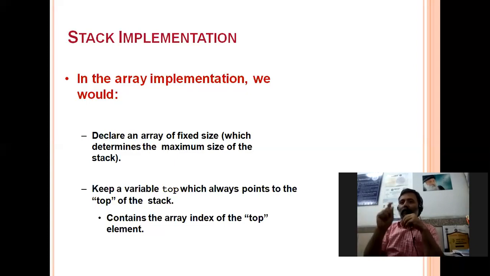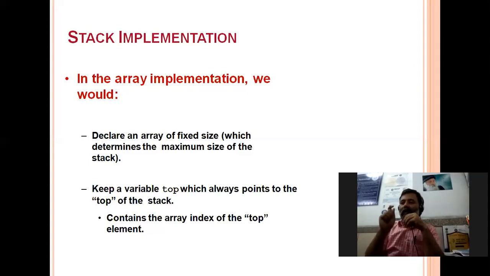Suppose there are 5 elements from 0th to 4th, then the value of top will be 4. If you are deleting, the same index will be used for deletion, and if you are inserting, the same index will be used for insertion.